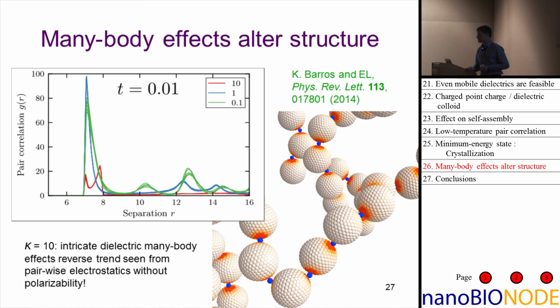Imagine that you start from a single colloid and you take a single small particle. Well, it will be attracted to the particle because they have opposite charge. So it goes to any point on the colloidal surface. Let's call it the North Pole. Now a second small particle comes along, it's also attracted to this colloid, right? So another blue particle comes and it also gets attracted to, let's say, this colloid. So it wants to sit at the surface, but it doesn't want to sit close to the first blue particle because those have the same charge. So the second blue particle goes to the South Pole.